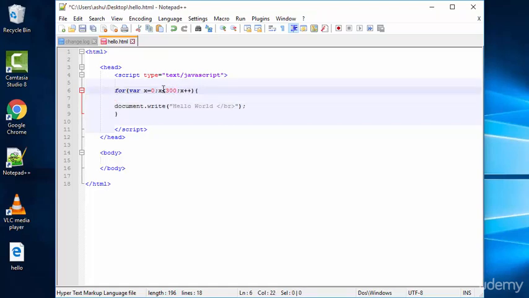If we give a value of 300 over here, it is going to execute the code 300 times. So that's how a for loop works, and I hope you understand the concept of the for loop, how it works and where it is used. If you find any difficulty understanding the for loop, just remember that this is the starting point of a variable and this is the ending point of a variable, and you use the starting point and ending point to repeat this set of statements over here, and you always increment the value of the variable by 1 every time the for loop